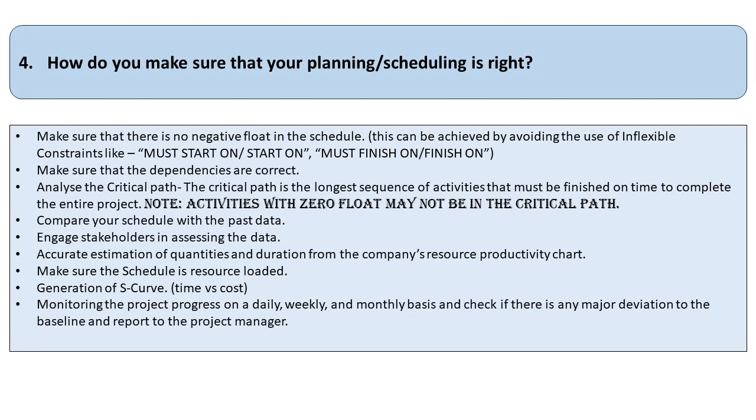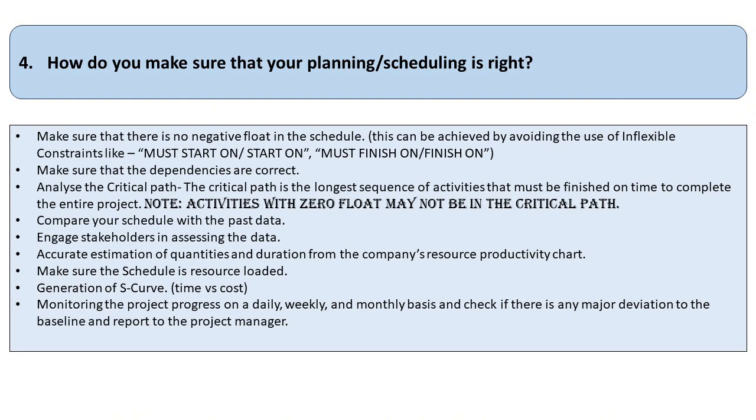Analyze the critical path. The critical path is the longest sequence of activities that must be finished on time to complete the entire project. Note that activities with zero float may not be in the critical path. Compare your schedule with the past data, engage stakeholders in assessing the data, accurate estimation of quantities and duration from